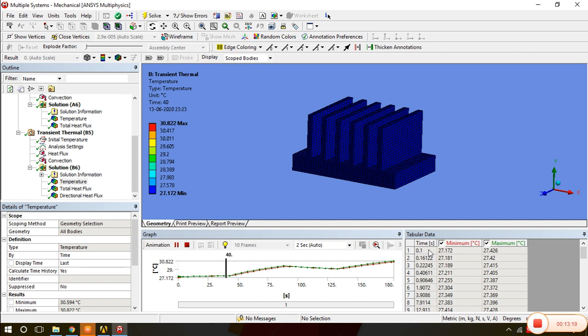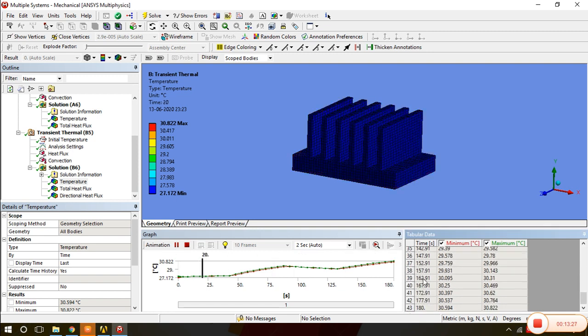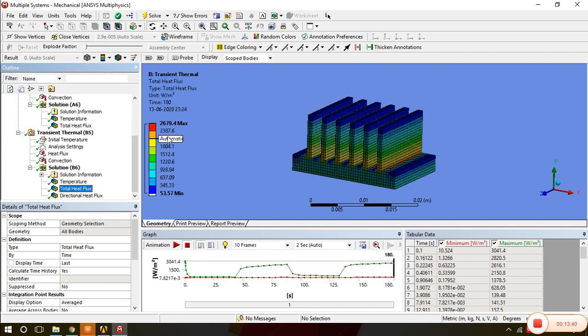We can see at what time we are getting the temperature value. So here we have the tabular data of time up to 180 seconds, right from the beginning, 0.1 to 180 seconds. There are 43 various times we have. Similarly we can see the total heat flux as well.